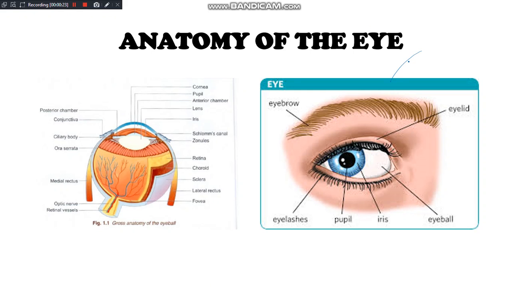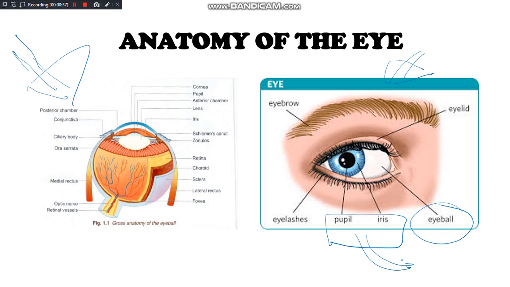So this is what we know about the eye and this is what ophtha deals with, the internal structures of the eye. So what do we know? Let's talk first about that. So we know that this is the eyeball. Pupil and iris are structures of the eyeball apart from the rest of the structures which are also included in the eyeball. These things, the eyelid, the eyelashes and the eyebrow, these are all parts or the appendages of the eyeball.